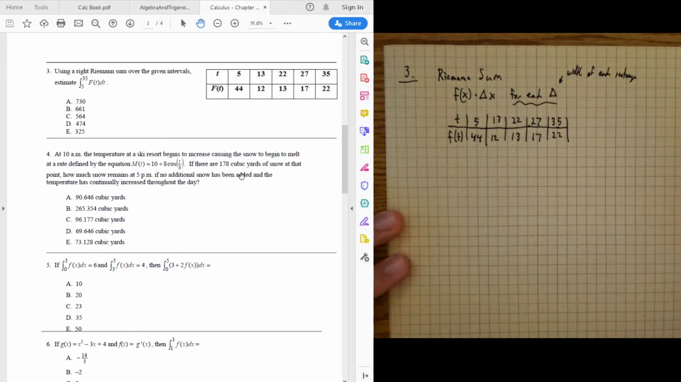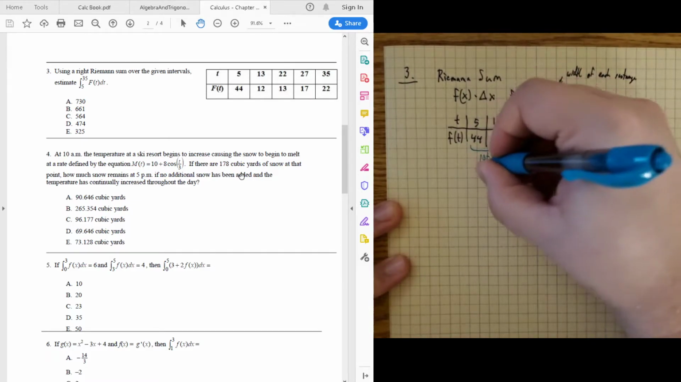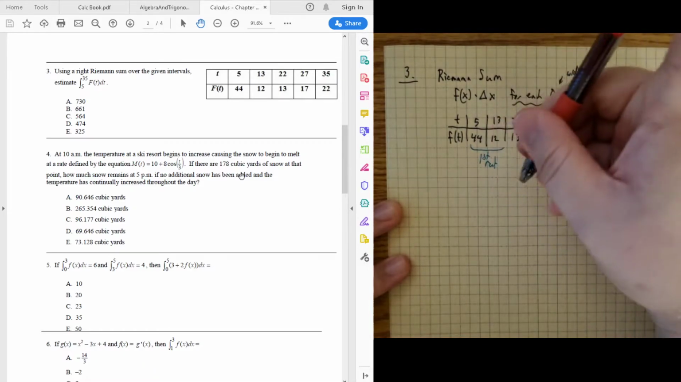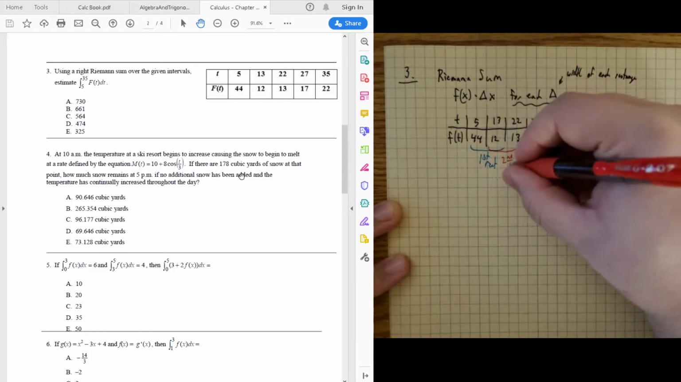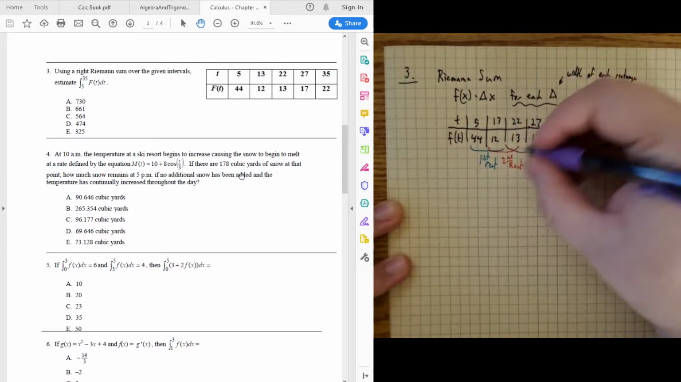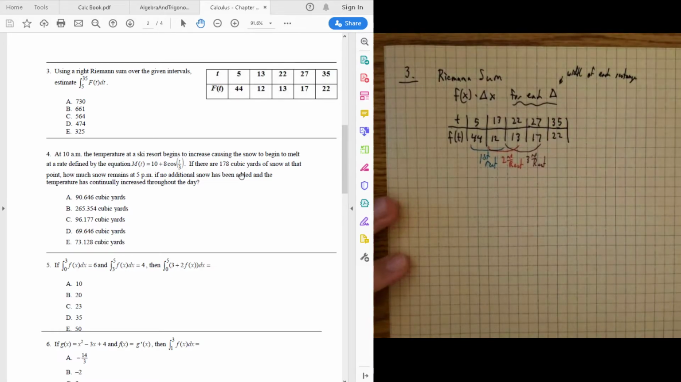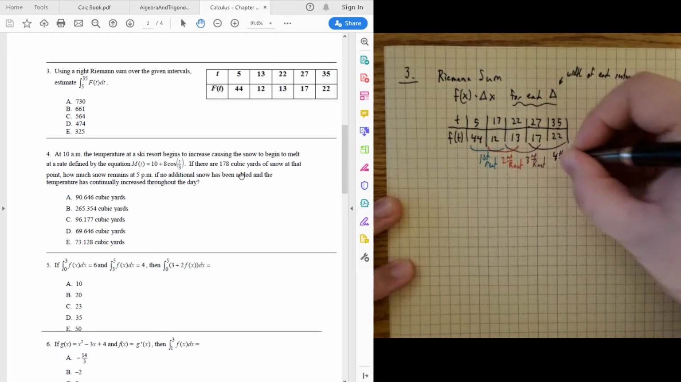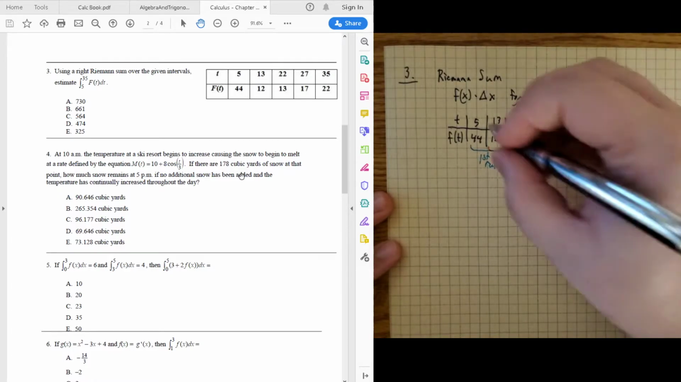So remember, these first two represent the first rectangle. These next two represent the second rectangle. The next two, the third rectangle. And these last two, the fourth rectangle. And so if you want to know what the delta is for this first rectangle,